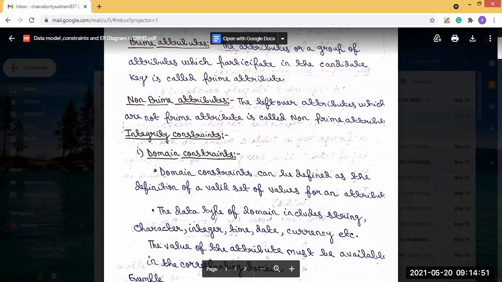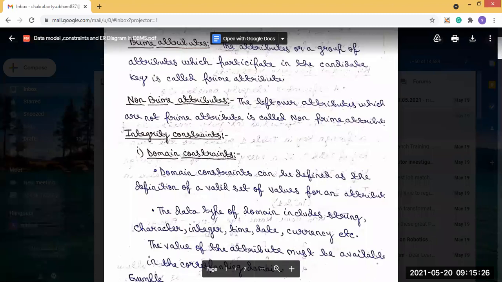Domain constraint can be defined as the definition of a valid set of values for an attribute. Now, the data type of a domain includes string, character, integer, time, date, currency, etc. Means its data type can be any of these.